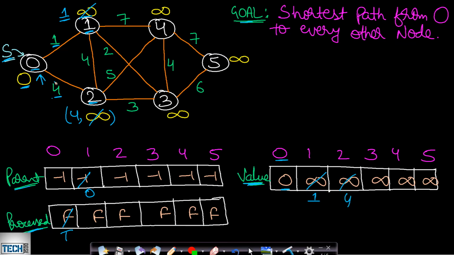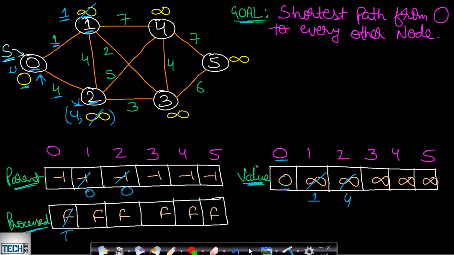Now you can see that we are using this edge from 0 to 2. So since this 0 is u and this 2 is v, therefore the parent of v will be equal to u. So now the parent of 2 will be storing the value 0. Okay, I hope you are understanding this. And now this node 0 has no other edges, so 0 is now processed. Now we will again move back to the first step.